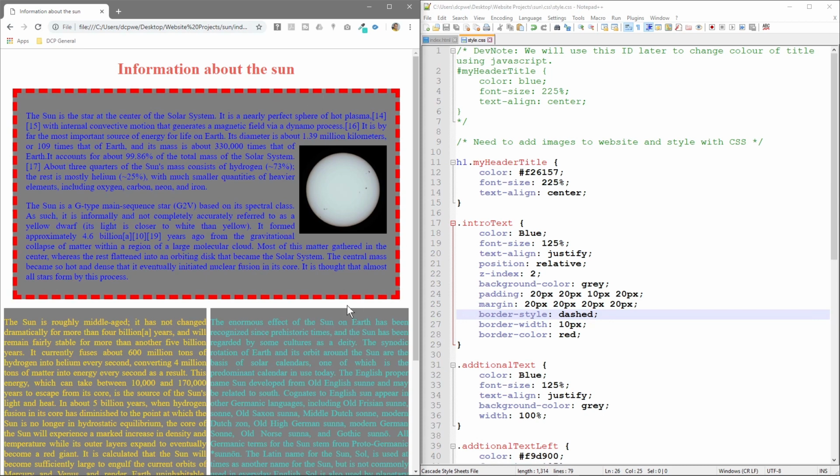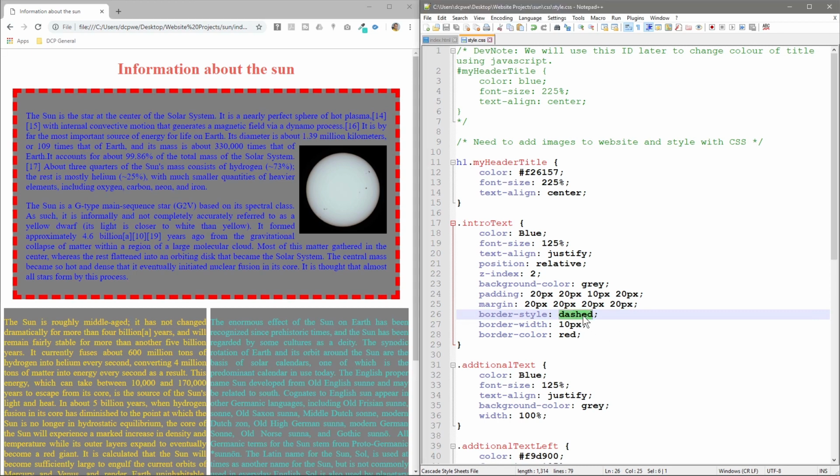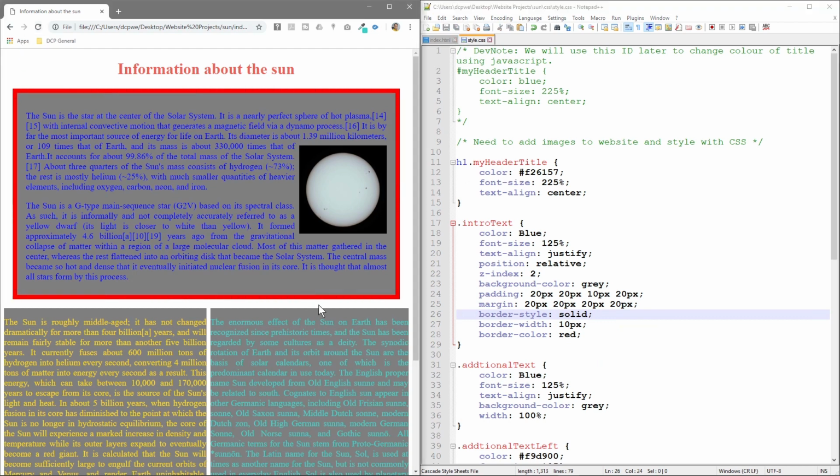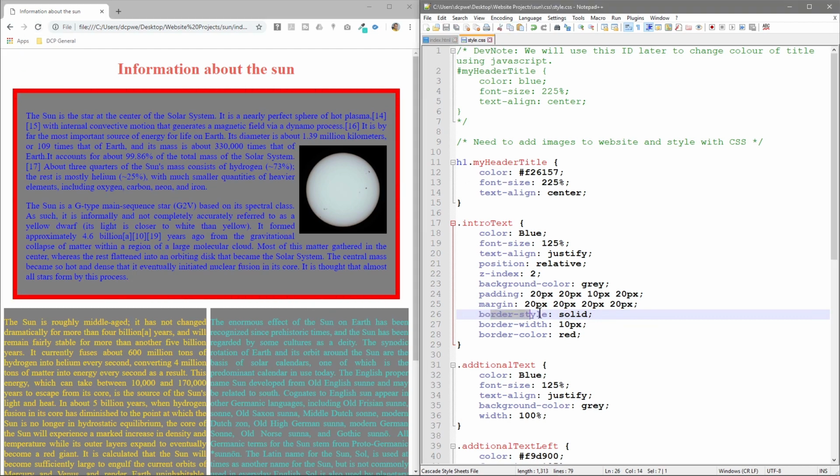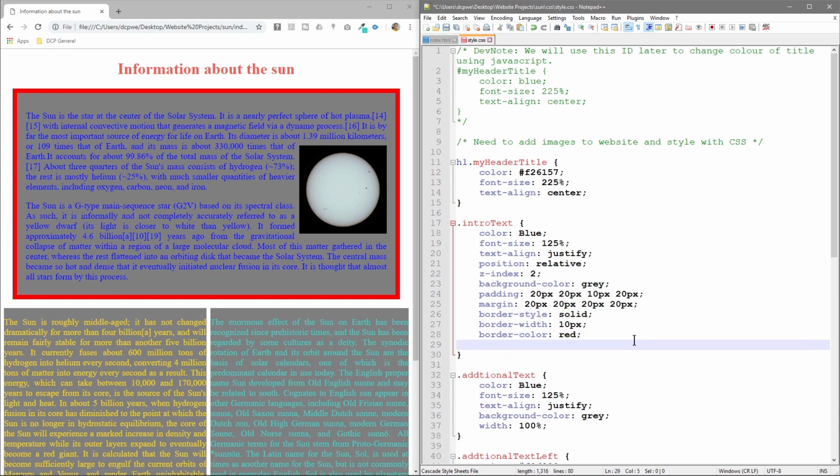Then we get these little dashed lines around it, and it looks more like a sort of voucher thing you'll see sometimes, right? See these dashes on these vouchers. So let's set this back to solid for now and we'll refresh. So there's lots of different border styles. There's the width, the color. We'll look at some more styles in a moment, but let's set the border radius